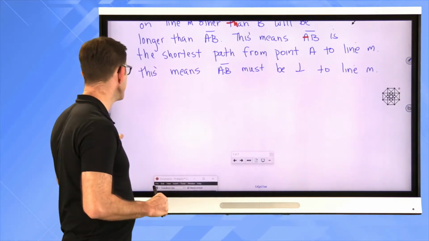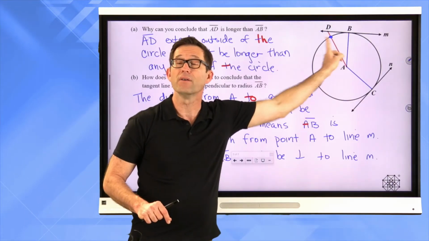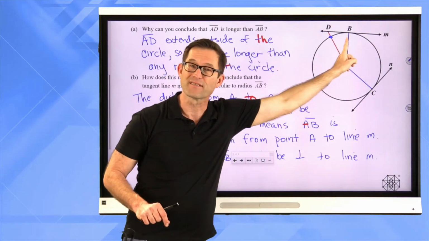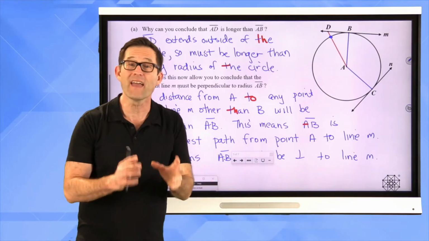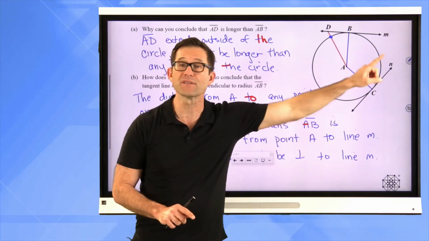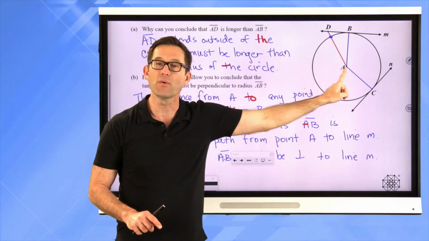And since this must be the shortest path from A to line M, it's got to be perpendicular to line M. Remarkable. And again, it only works because a circle is a collection of all points that are equidistant from